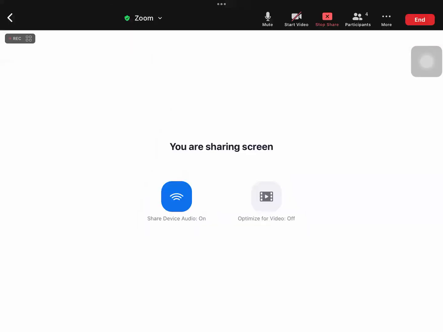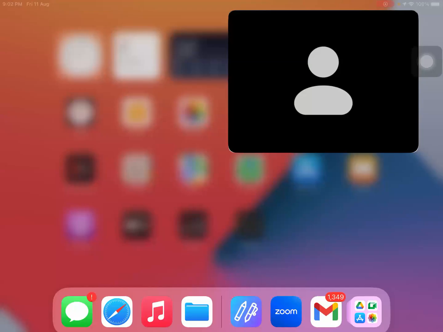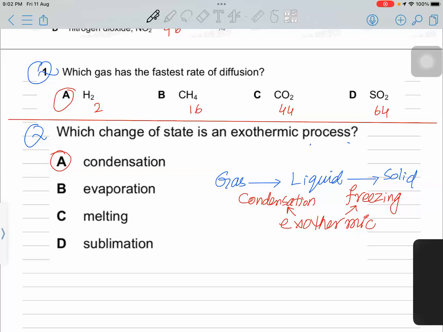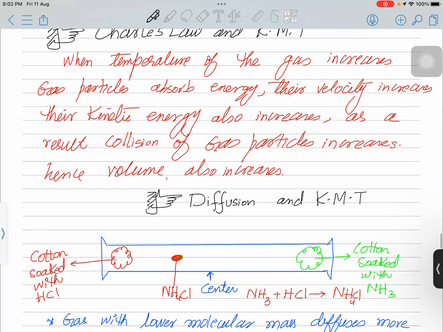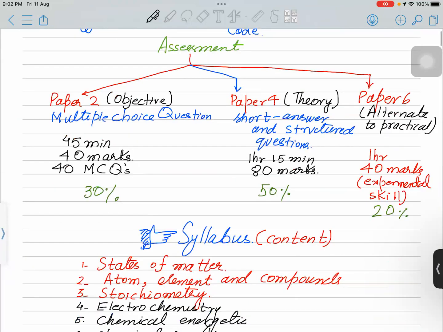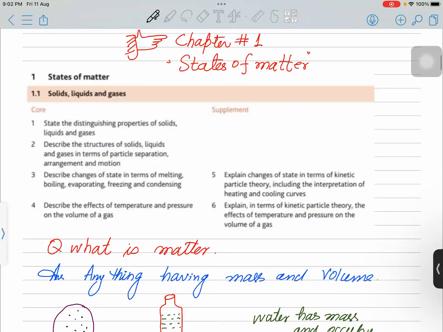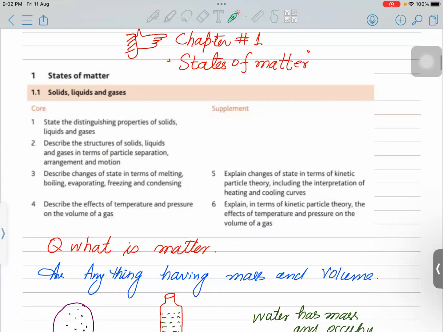Questions. Now, first of all, take the revision of the chapter, right? Here we have the first chapter, states of matter, right? Assalamu alaikum. Last time we have discussed the state, the distinguished